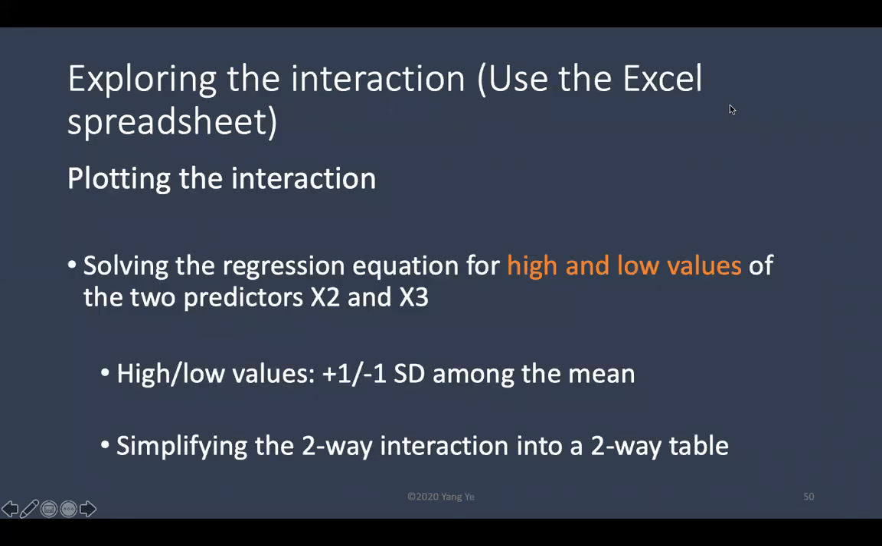So if we have a significant interaction, we need to explore it a bit further. This can be done by reducing the two quantitative predictors into a two-way table, and by solving this regression equation for high and low values of these two predictors. What we usually use for high and low values is +1 and -1 standard deviation around